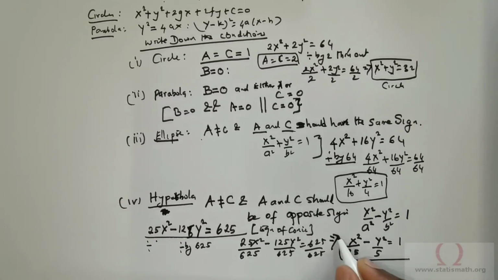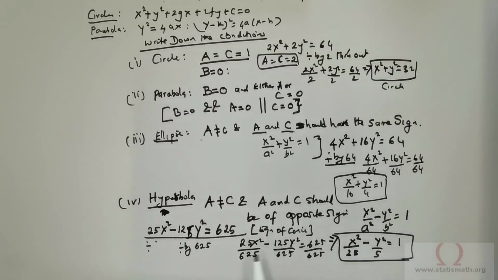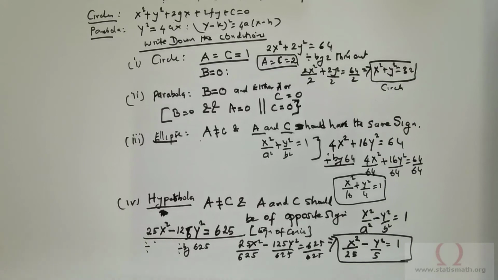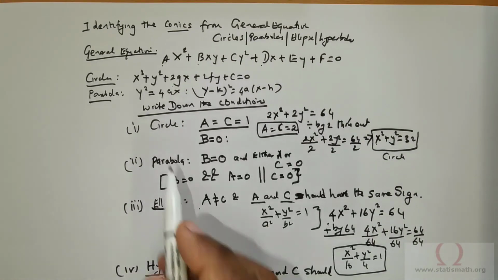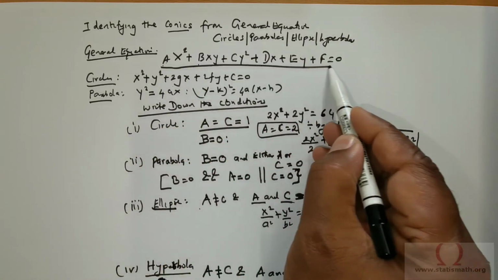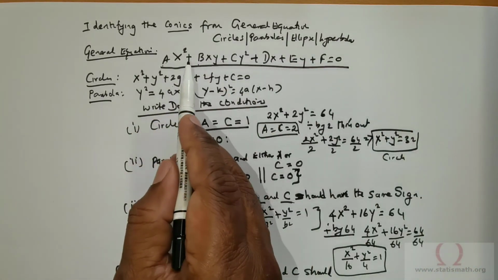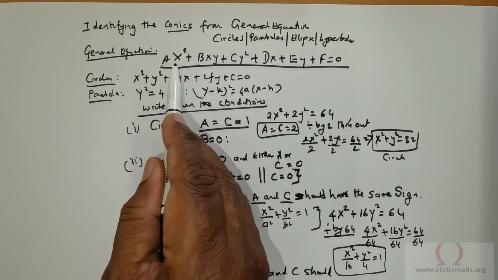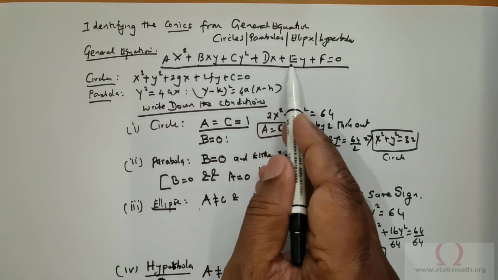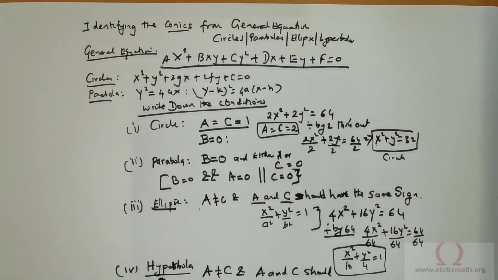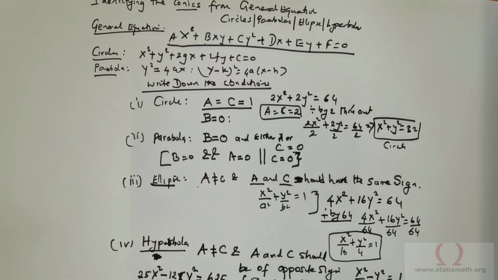So this is the equation of the hyperbola. I hope you are able to understand the entire concept of identifying a conic. Just to recap, the most important concept that you have to know is the general equation of the conic, which is ax squared + bxy + cy squared + dx + ey + f = 0. Having obtained this, there are two other things you have to know when it comes to obtaining the